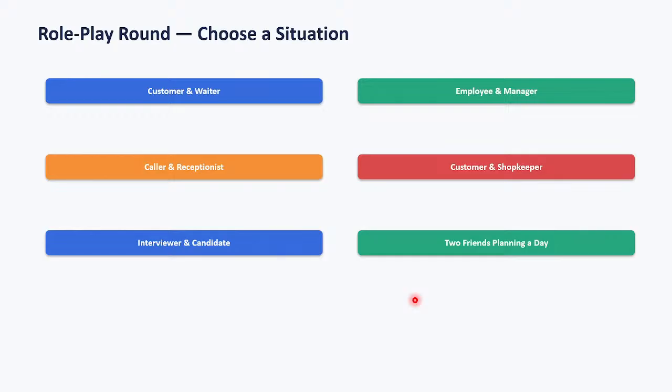Try to speak. If customer and waiter are there, what would the customer be saying to the waiter? First of all, he would ask the waiter to give the menu card, like, hey, hi, could you please give me the menu card? Could you pass the menu card, right? So what options are there today in the breakfast? If the customer is looking for breakfast, he will ask what options are there. Likewise, you can create role play conversations, very important to improve your English skill.